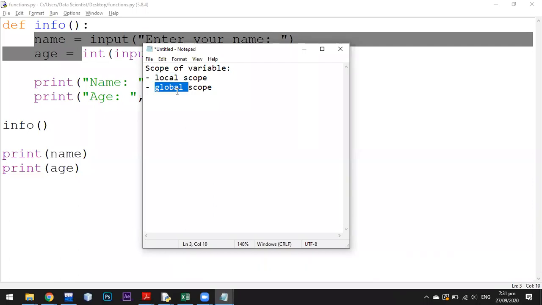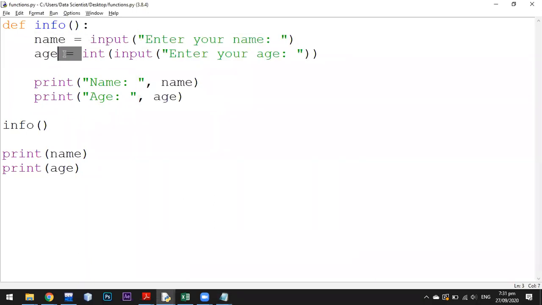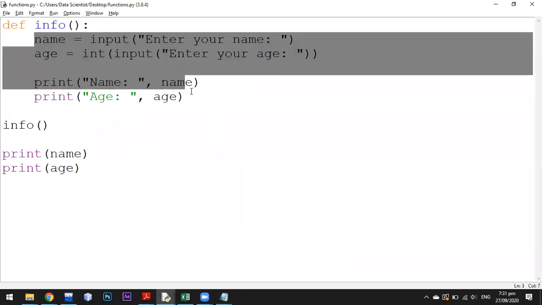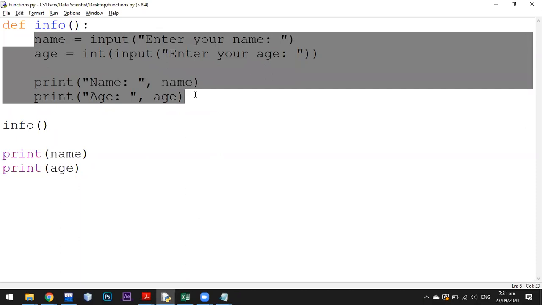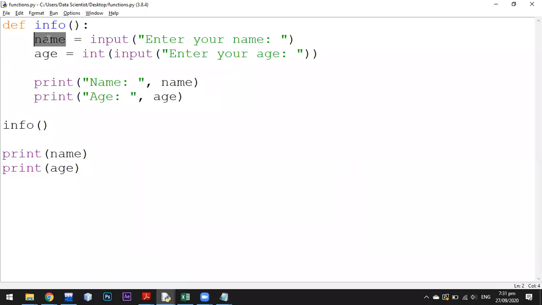Okay, in the same way, local scope means wherever the function is defined, the variable is accessible only there. It means that if I declare the variable inside the function, I can use it inside the function. I cannot call that variable outside the function.